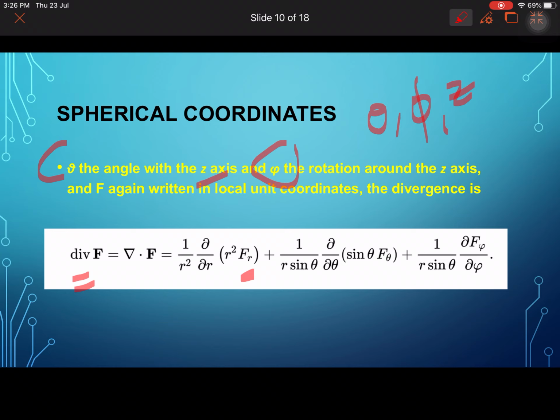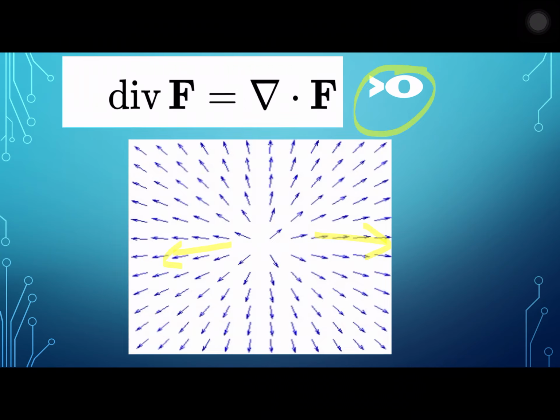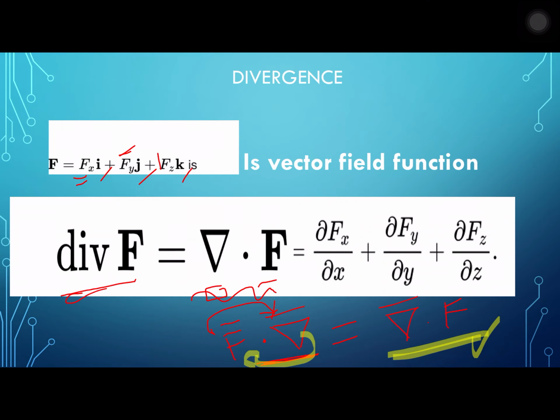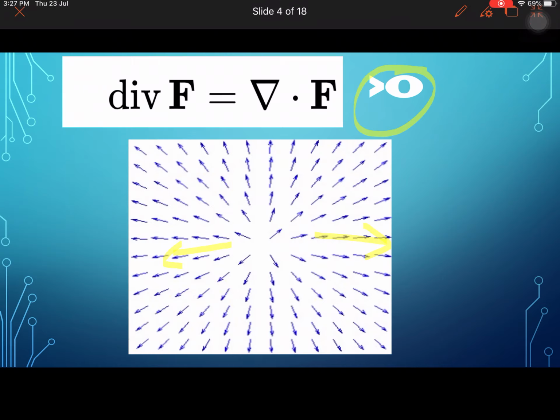The earlier one which seems to be easy is for the Cartesian coordinate system, whereas this one is for the spherical coordinate system. Okay. And I just want to give you another coordinate system which is also popularly used in higher studies.